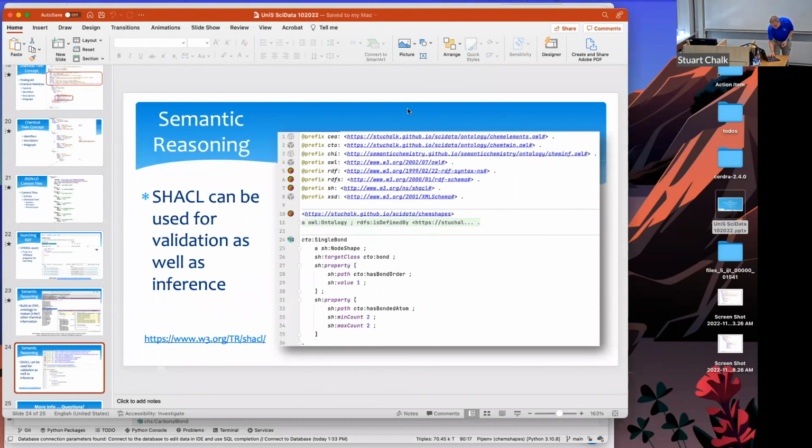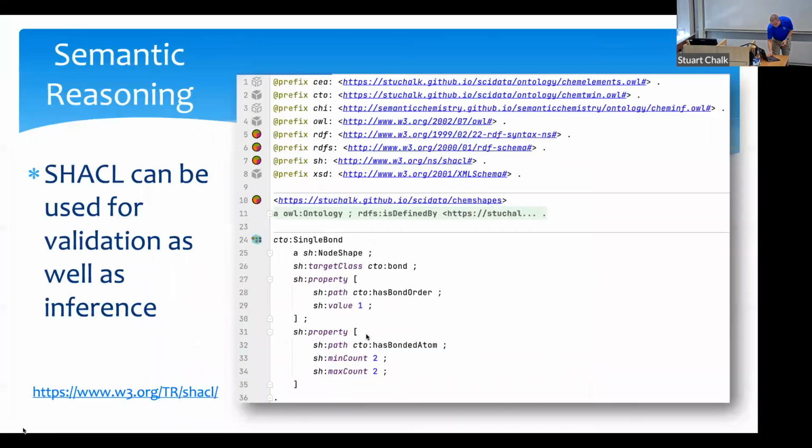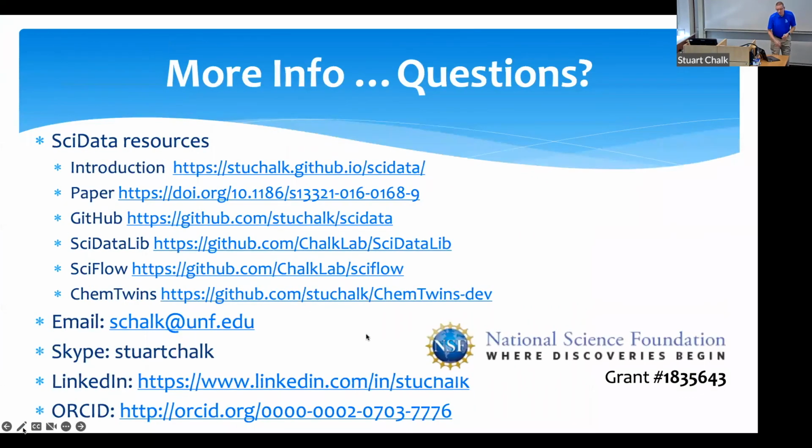So let me just finish this up. I know I've rambled on for quite a long time here. So I will make sure to share these slides with Jeremy. There's a whole bunch of links here to lots of different stuff I've been talking about. I believe that semantic representation of data is going to be the way we do this in the future. Exactly how it's going to evolve is a really good question, because I think we're really right at the start of it, but there's a lot of opportunity in this space.